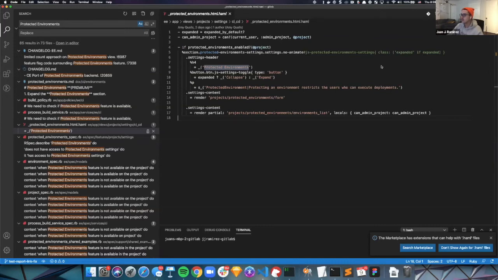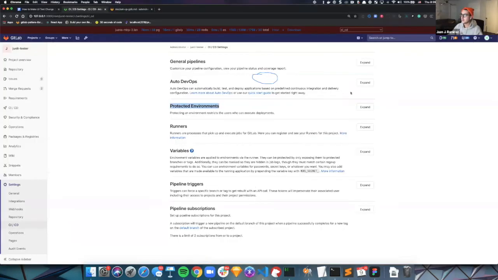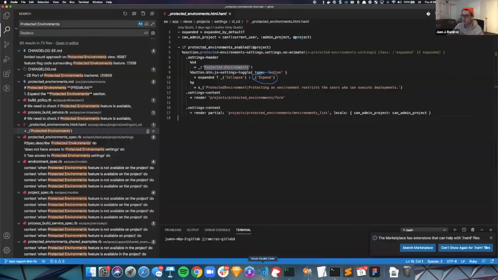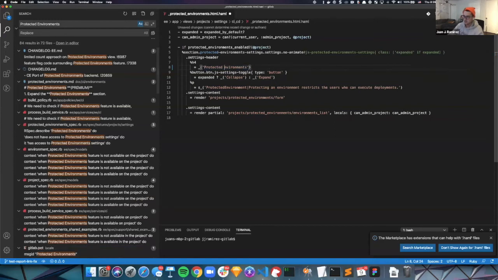For instance, one of those telltales is that it's talking about expand button, right? And when you go here, there's expand button here, right? So this is likely a template that is being rendered from the server. It's being put here, and I'm almost 100% sure that this is the text that we want to change. So to do that, very simple. We're gonna change it, and then we're gonna verify if we actually did the change. So I'm just gonna delete that. Now it's sentence case. I'm gonna save it,